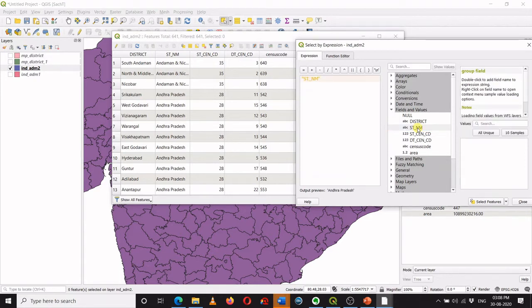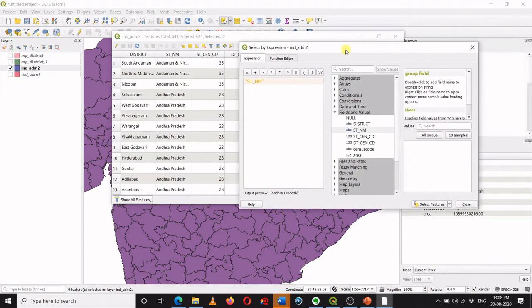Once you double click, it will appear over here in this expression window where you can see the expression. Now you can see the expression state name. Either you can type the expression if you know the syntax, or better use the facilities provided over here. Then I can type state name equal to, so I will press again over here equal to. So the expression is state name equal to Madhya Pradesh, but it has to follow certain syntax.